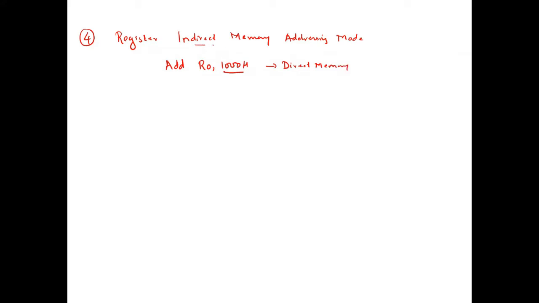Now what is the meaning of indirect addressing mode? The address is not specified directly in the instruction; I need to hide it somewhere else. So where am I going to hide it? For example, add R0, and I hide the address in some other register, say R1. Now if I write only R1, then it is register addressing mode: the content of R0 is added with the content of R1. I need to differentiate between the two, because here R1 is not containing data. If I write like this, the method is called register addressing, and so we have the syntax @R1.